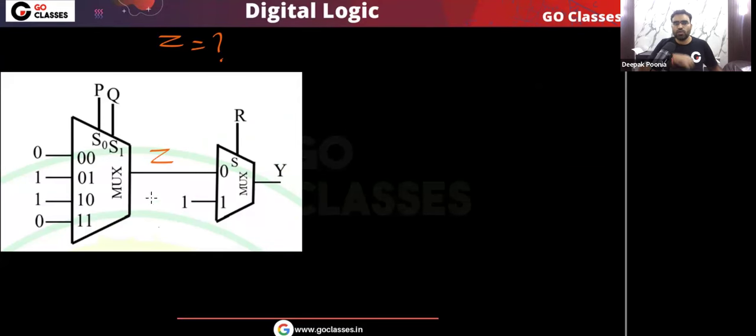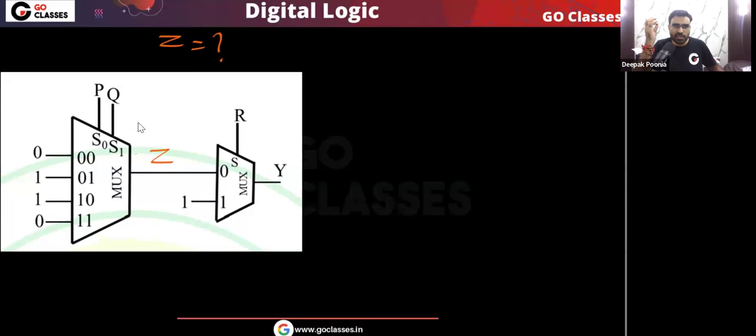In this multiplexer, you might be thinking about S0, S1, which of them is MSB and which is LSB? Some student might be thinking, sir, by default S1 is MSB and S0 is LSB, but here we have written them in a different order. We are writing S0 before S1, yes or no? So which of them is MSB, which is LSB? This might be your doubt.